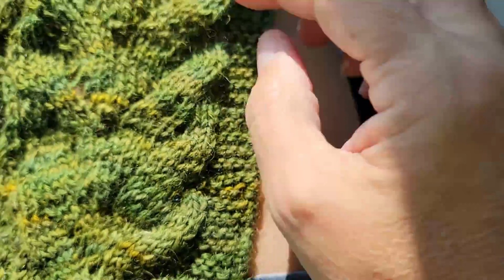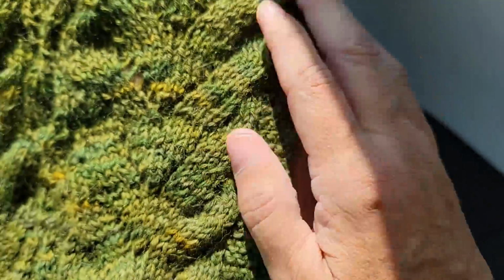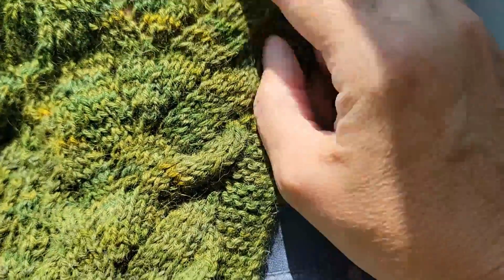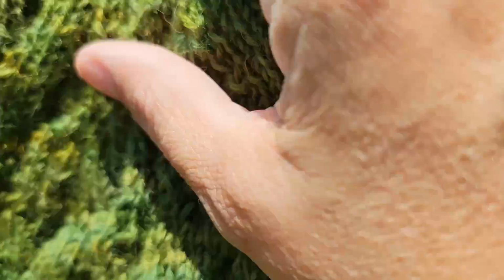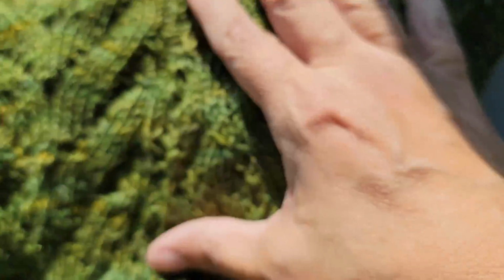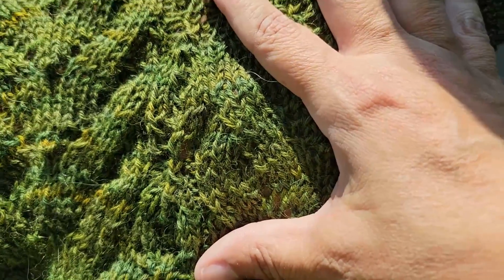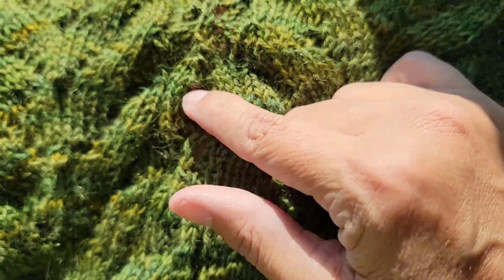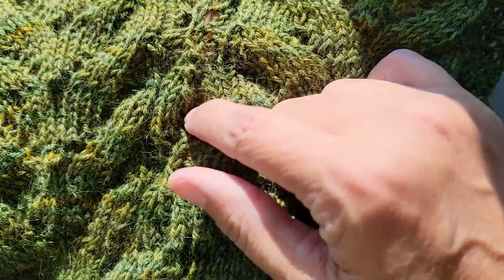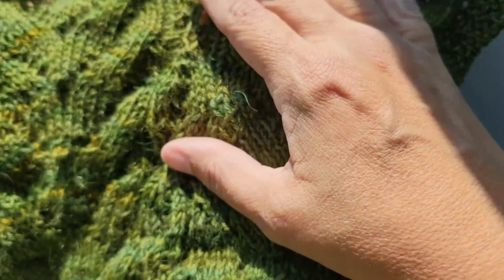I don't have any trouble with this lace portion, where I'm calling it an elkhorn, but it's really not, because this is created by lace, not by cables. It's the leaves that I seem to be having trouble with. Let me show you the leaf. I've got to give this a chance to come into focus for you. The leaf is made up of a central line of yarn over, knit one, yarn over, 4 times, so 4 rows in a row,